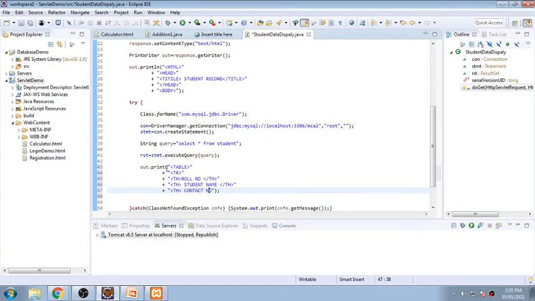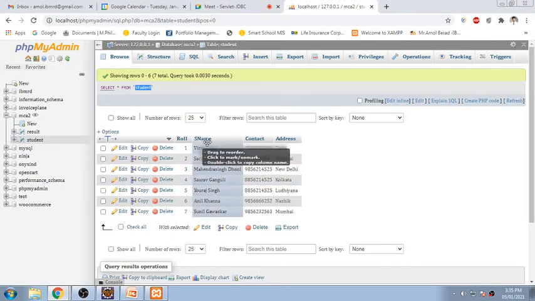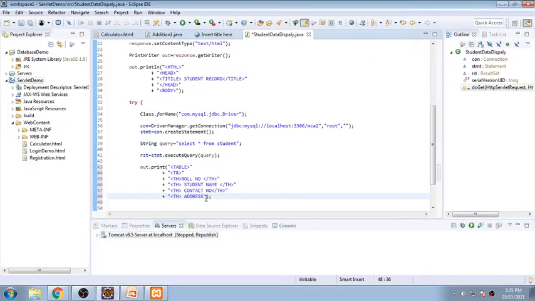I'm closing this table header, and the last table header will contain address. So we need to check exactly what that is. So roll number, name, contact, and address. Okay, so it is address, and finally I am closing this table header.